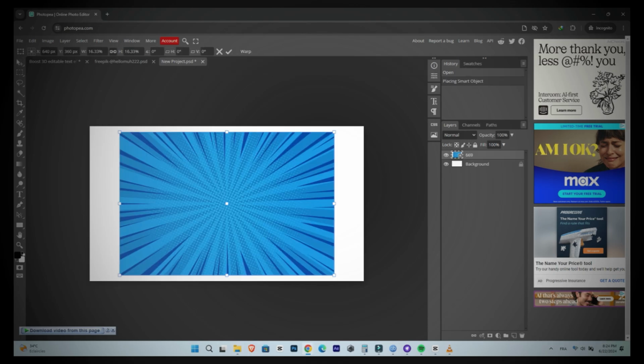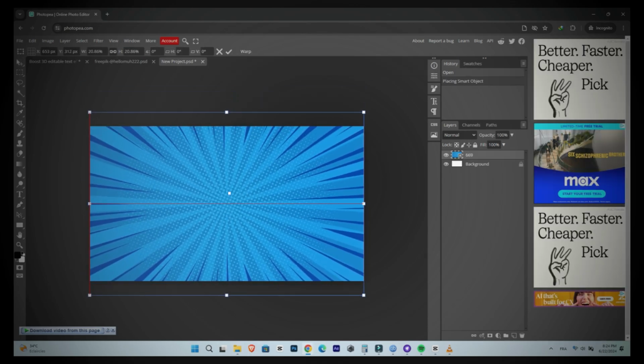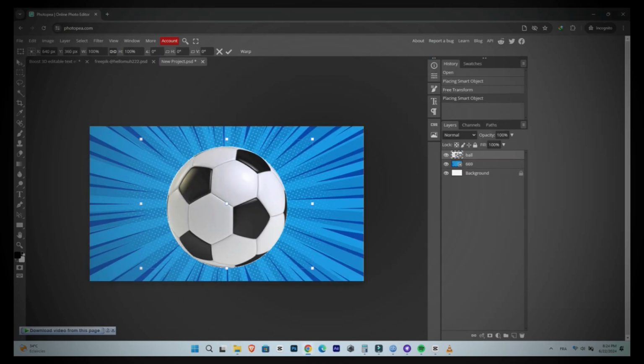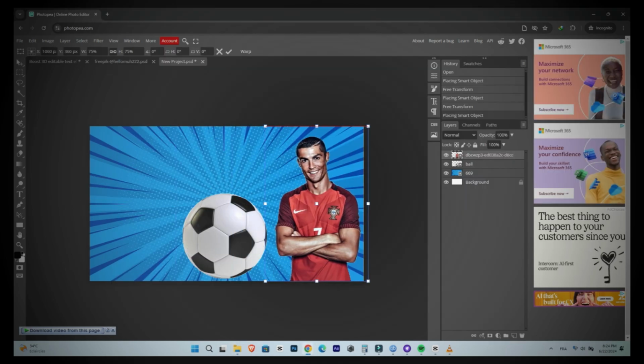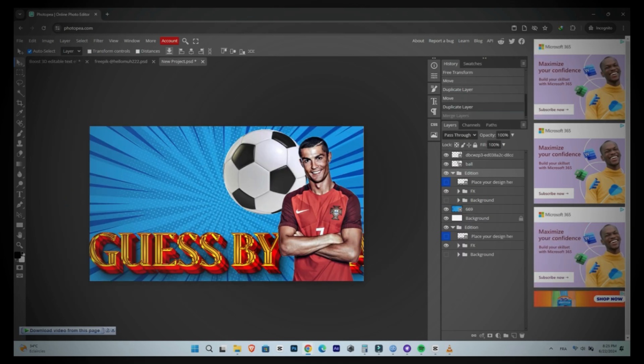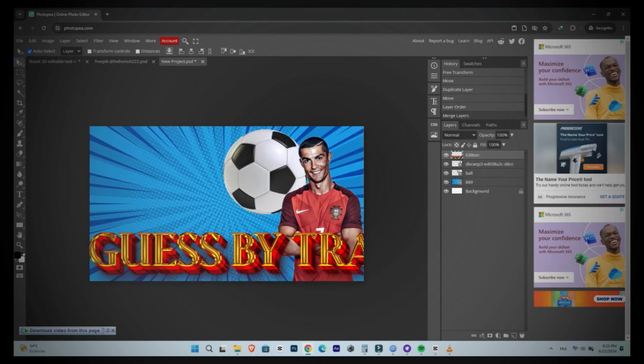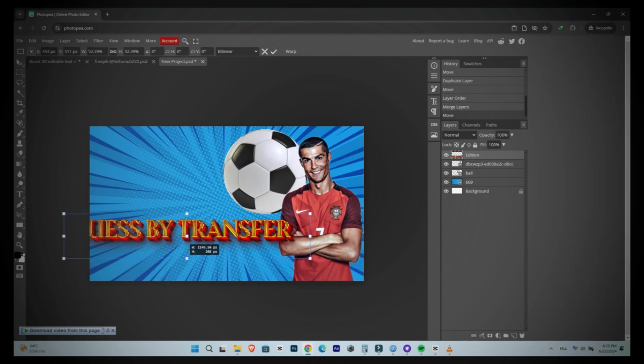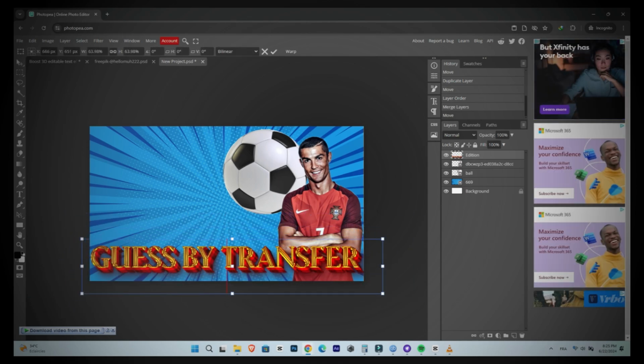Then, drag and drop the background image, the soccer ball image, and the soccer player image, positioning them as you see fit. Paste the text you made by pressing Ctrl+V and then press Ctrl+E to merge all the text layers. Make sure to place the merged text layer on top of all the other layers, then size and position it